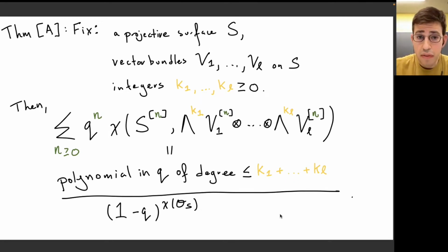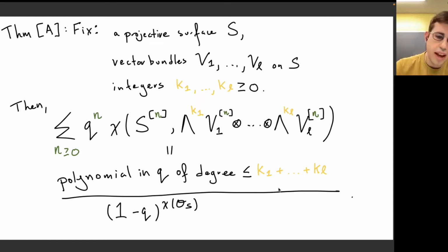And what do we want to do? So this is the same data. We fix the projective surface S, fix vector bundles, and fix these degrees of exterior powers we want to consider, and form this vector bundle for each n, take its Euler characteristic over the corresponding Hilbert scheme of n points, and introduce this variable q, which keeps track of the number of points, and form the following series. And the result is that the series is always a rational function of a very particular form. So it's some polynomial in q whose degree is bounded by the total sum of the degrees of the exterior powers we're taking